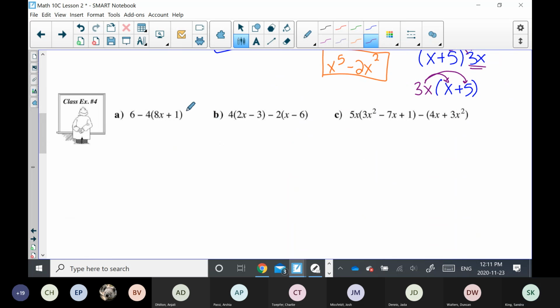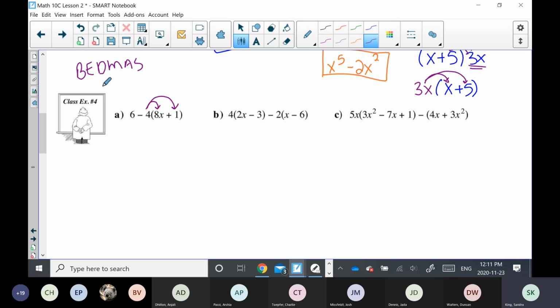Okay, so this question here, let's look at class example 4 now. What I would distribute in here is only the negative 4. So you distribute the number that is in front of the bracket. In front of the bracket, there's a 6 minus 4, and that is what gets distributed in. You would not do this subtraction, because according to the rules of BEDMAS,